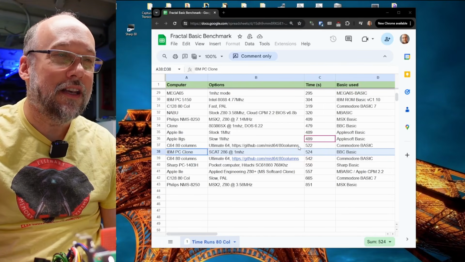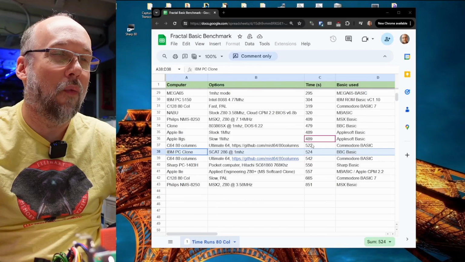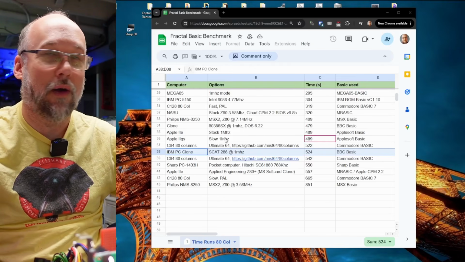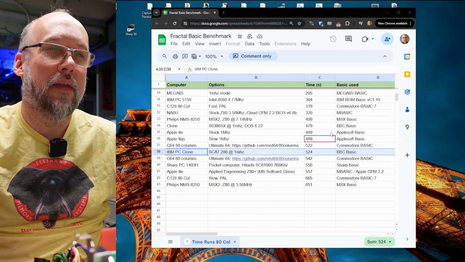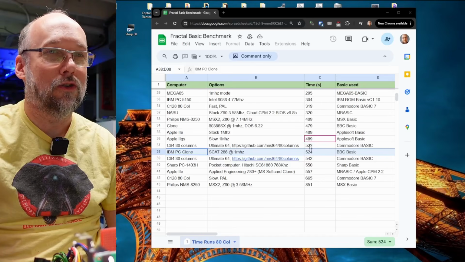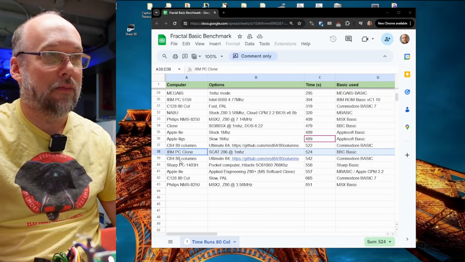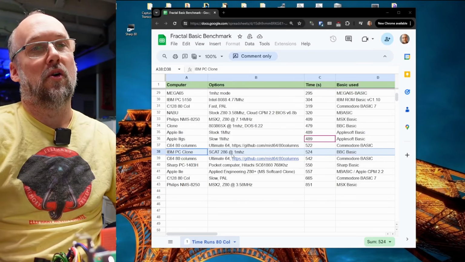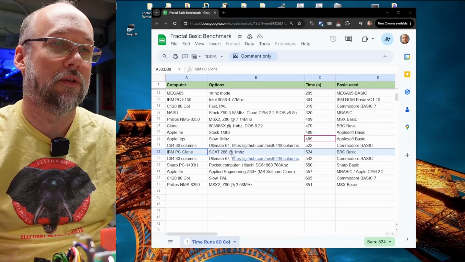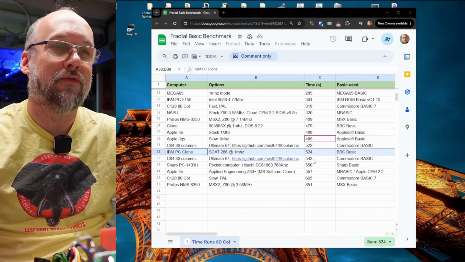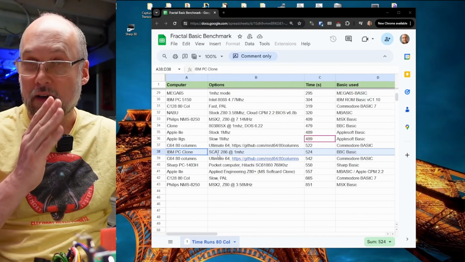So it's relatively slow being BBC Basic, but you'll notice here that while it's slower than the Apple IIGS at 1 megahertz or the Apple IIe at 1 megahertz, which are 489 each, and that's running AppleSoft Basic, it's still not super terrible. The Commodore 64, running obviously Microsoft Commodore Basic, in 80 columns mode, because this test is really designed for machines with 80 columns, because it would be scrolling more than it needs to if it wasn't 80 columns. That runs in 542 seconds, actually a little bit slower, and that's on the Ultimate 64,